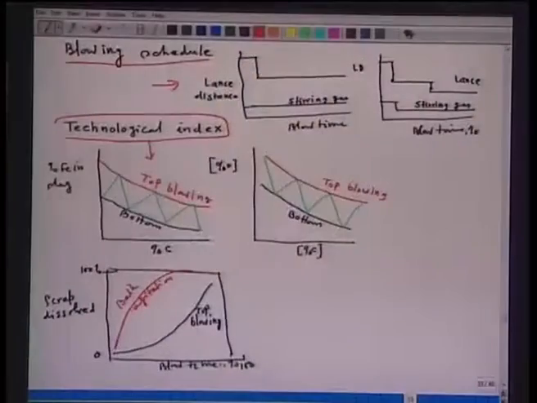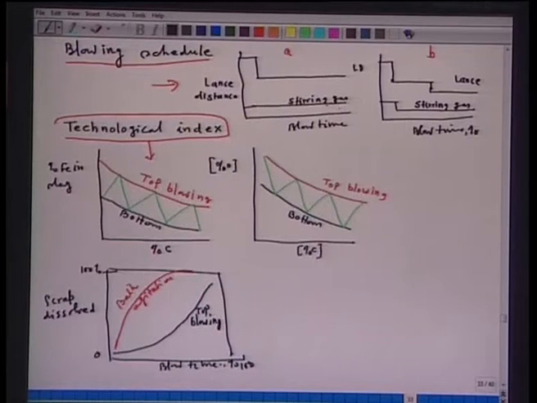The blowing schedule is to be adjusted. That means the lance profile has to be slightly adjusted. Now, in a top and bottom blowing converter, the top lance simply supplies the oxygen, because the stirring part will be taken care of by the bottom injection. So, there are again different variations. In one practice, say this is practice A and this is practice B, in practice A, after a higher distance in the beginning, the lance is lowered and then kept at a constant distance, and the stirring gas amount is constant.